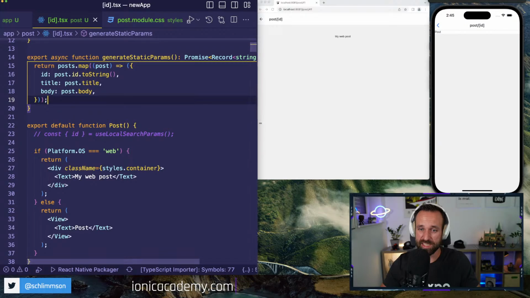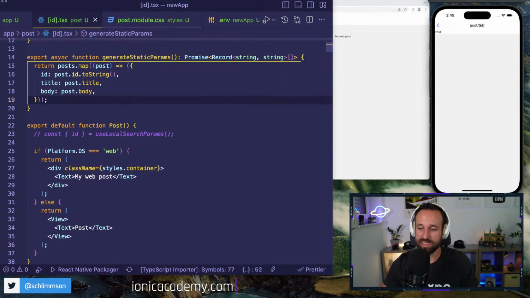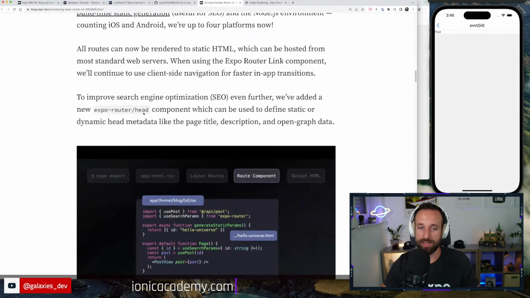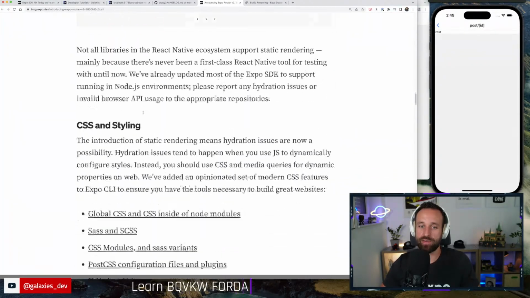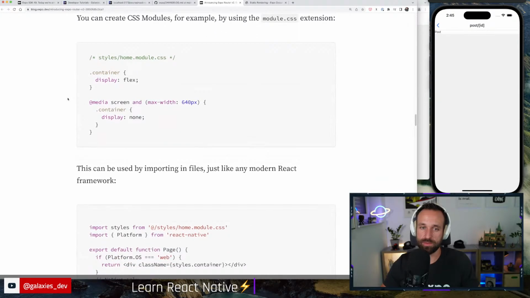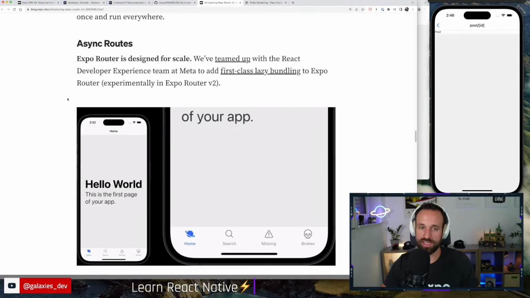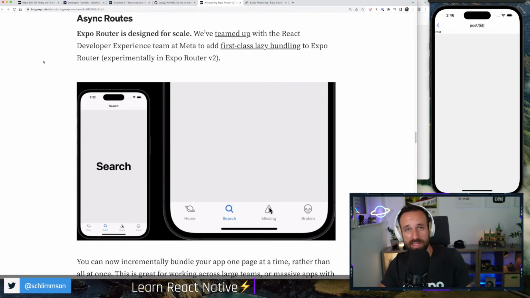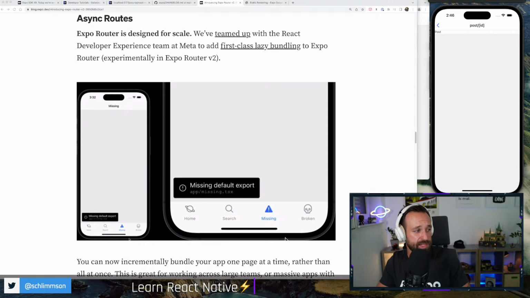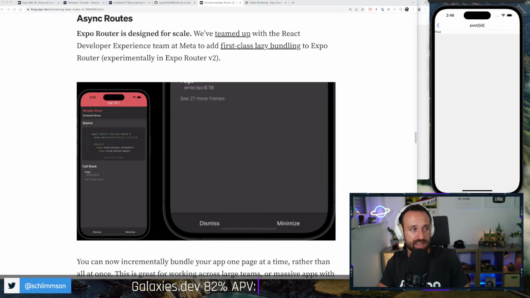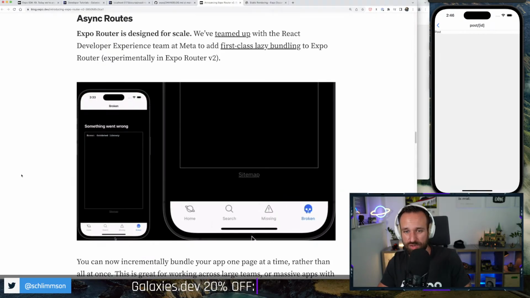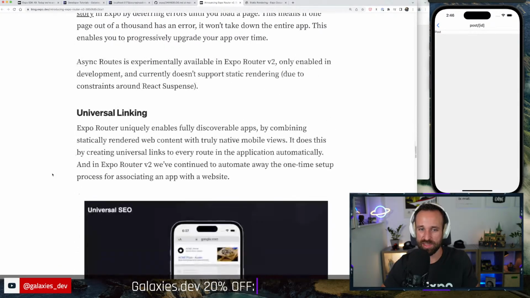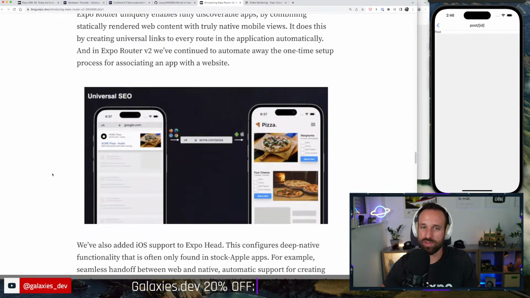Now, the last thing about deep links is something I don't want to implement right now because this will likely take more time. Again, you can find all the information here, all the information about CSS. Async routes is something that should make the bundling of your application during development a bit easier. Honestly, I haven't used it yet because my apps were too small and I couldn't really see a difference. But with universal linking,